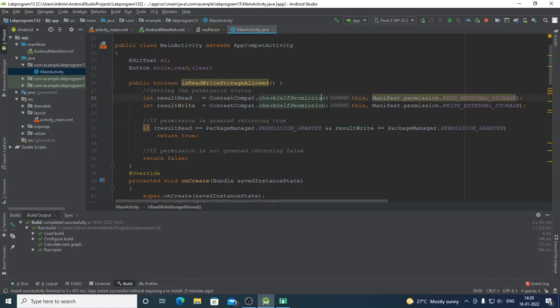So this check permission function takes two arguments. First is the base context, second is the permission, right? So it checks whether the application has got this permission or not. If the permission is there, it will return true. In the same way it is checking for the write external storage permission. If the permission is there, this also will return the value as true, that is, the integer value will be 1.